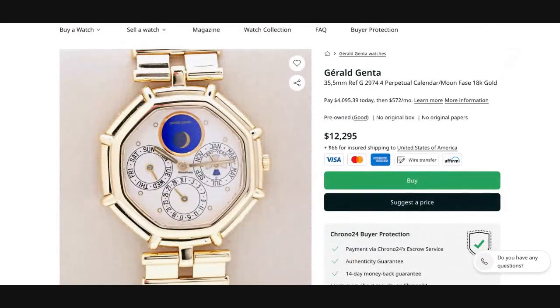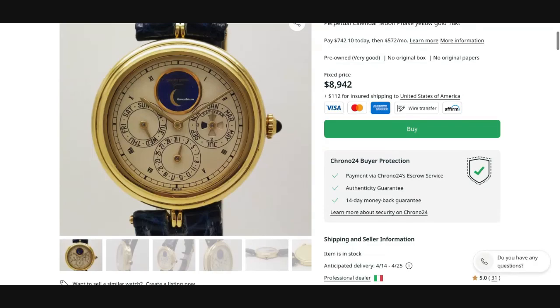Yeah, I think it's hard for me to pick from this particular litter. I think I like them all in a certain way. I would say probably the stainless steel one of the round case and this particular one really shine out for me, both in terms of a value proposition, but also as an expression of a certain style. If you were to get similar pieces from a similar period of time with this kind of complication from Cartier, you would be paying multiple times the money. So I think these are great. Three perpetual calendars by Genta, 18 karat yellow gold on a matching bracelet, 18 karat yellow gold,